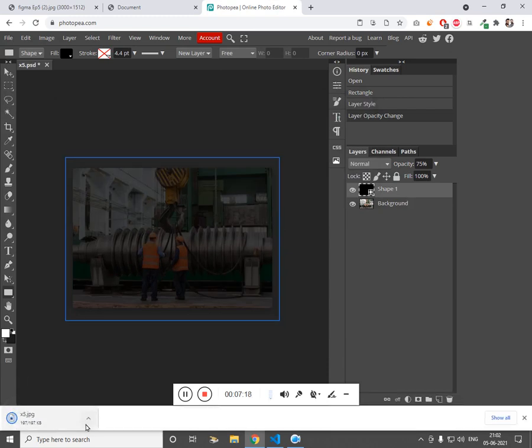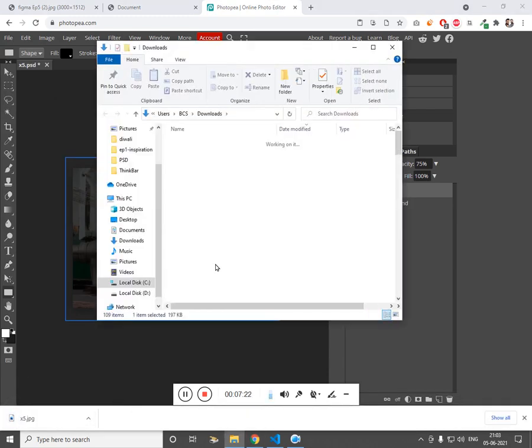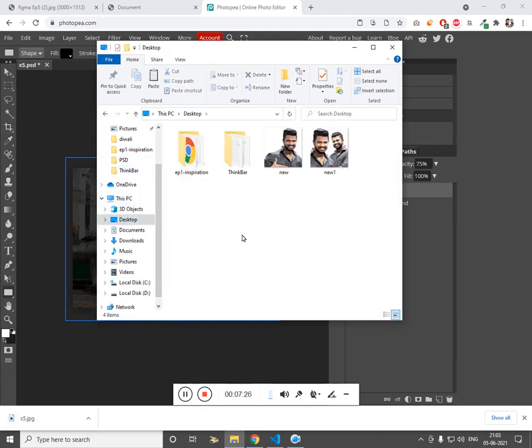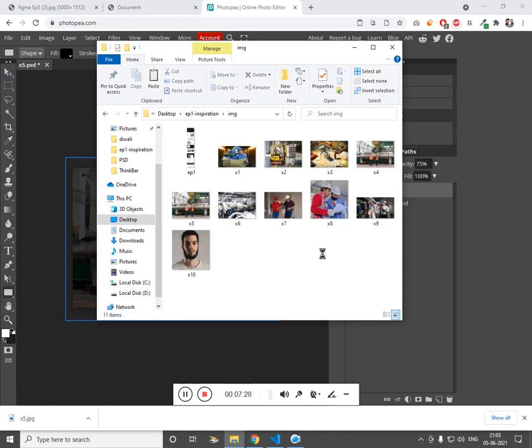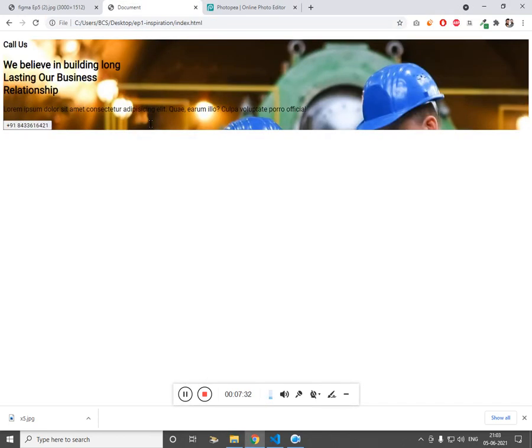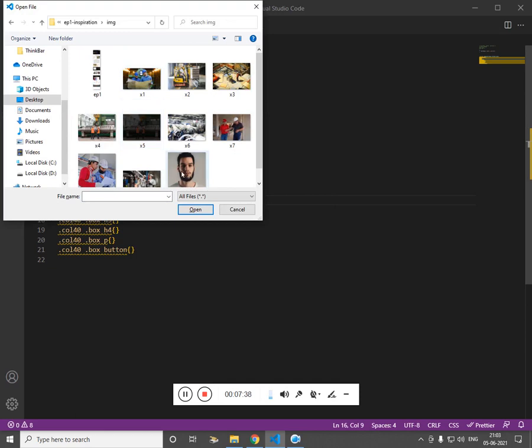So select this, it will be available in the download folder, and then just place it inside your image folder. Replace this file. Now you should see. Let's see whether the image is there.